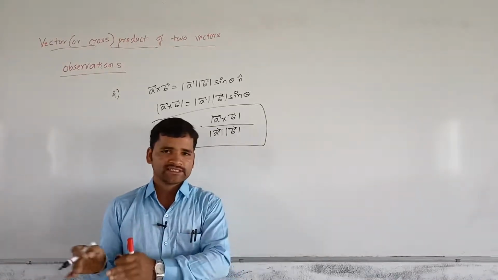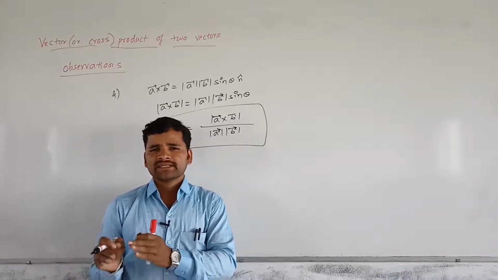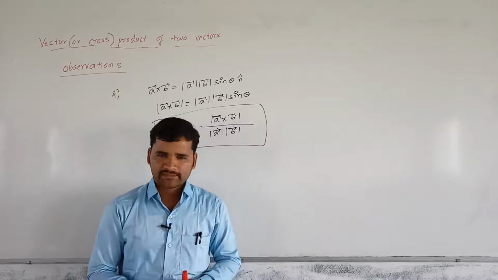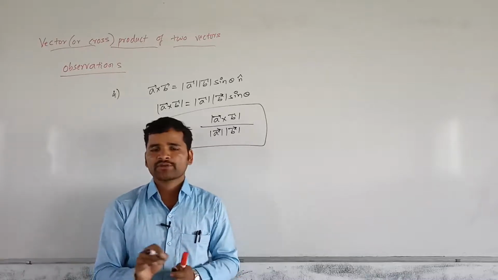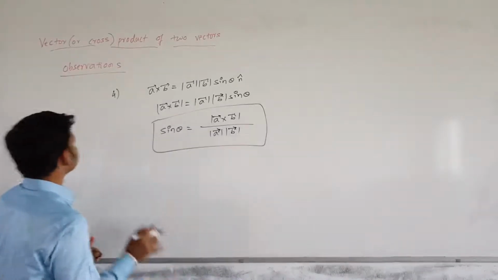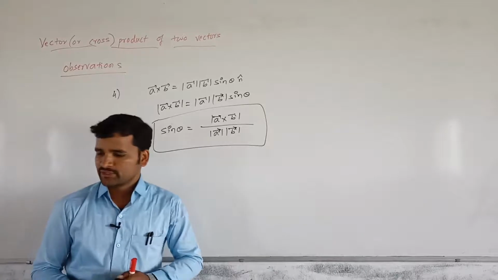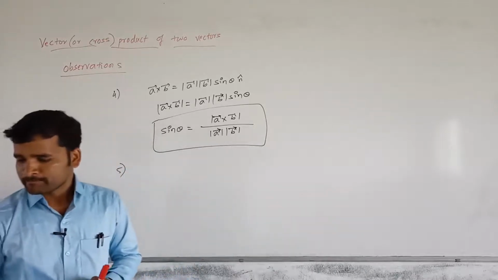difficult. I will tell you that. It is not a very difficult part, it is somewhat difficult compared to a dot b. Finding a dot b in component form of two vectors is very easy compared to this. That's why I am saying. Now, let us go with the next observation, the fifth observation, that is